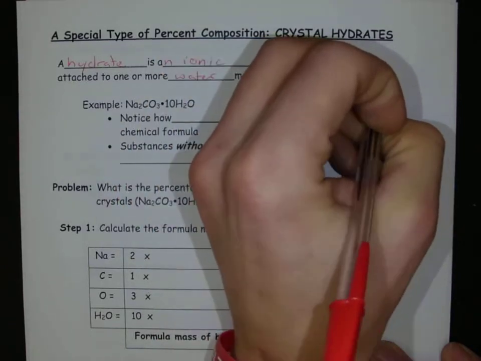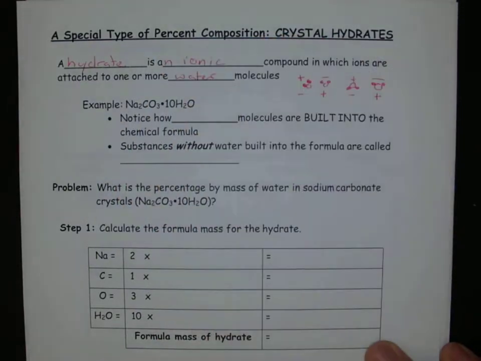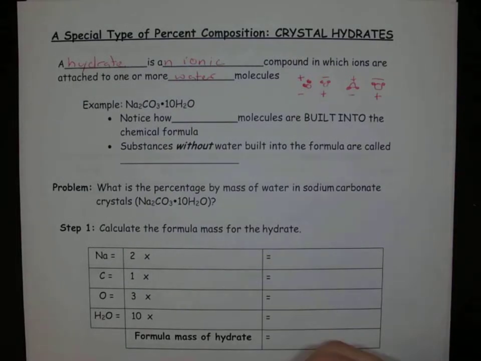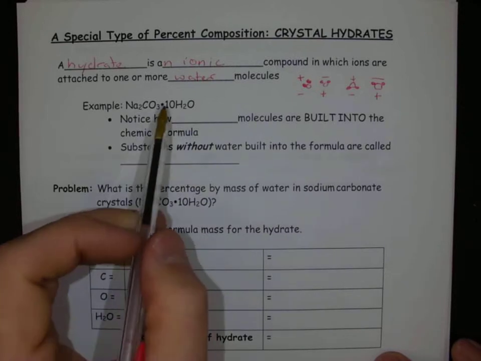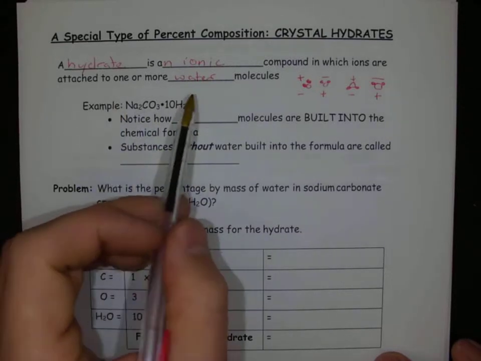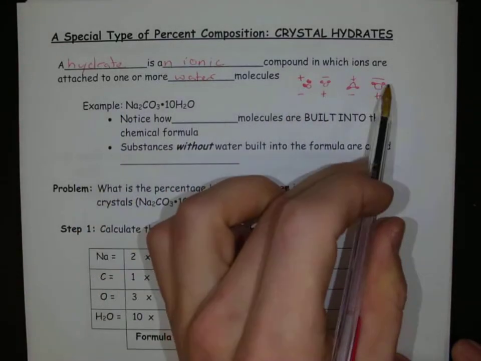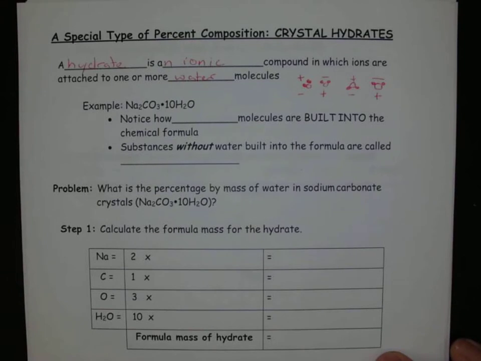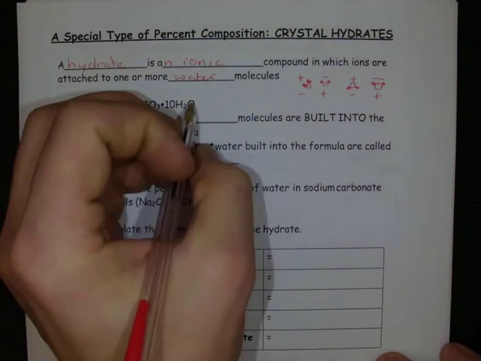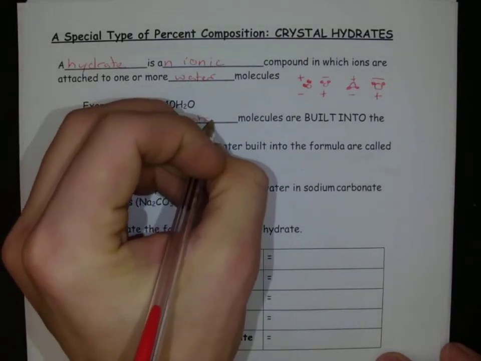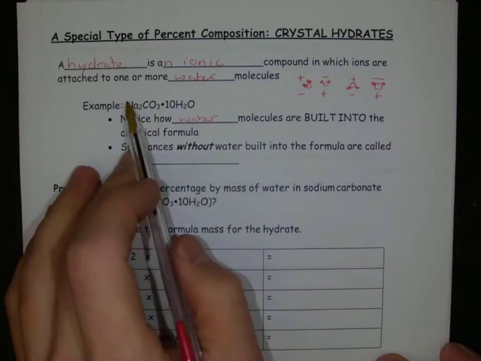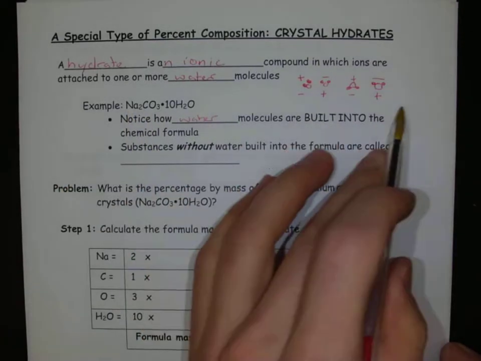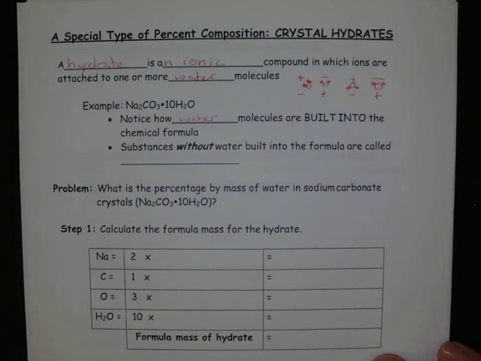Okay, so what ends up happening is we have a formula where we have positives and negatives with water stuck in between. So our formula has to indicate that we have that crystal lattice with water molecules in between, right? So we notice how water molecules are built into our chemical formula, okay? Again, our chemical formula is trying to describe, as best we can tell, what is actually happening with our particles,